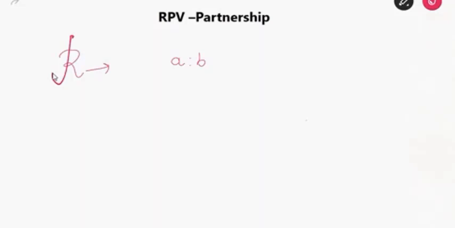If the weight of Rama is 24 and the weight of Sita is 36, what is the ratio of the weight of Rama and Sita? Upon removing a common factor, what is the common factor to be removed? It is 12. So upon removing 12, the ratio is 2 is to 3. Now the ratio of weight of Rama and Sita is 2 is to 3. One more point to be noted: ratios cannot be further divided.